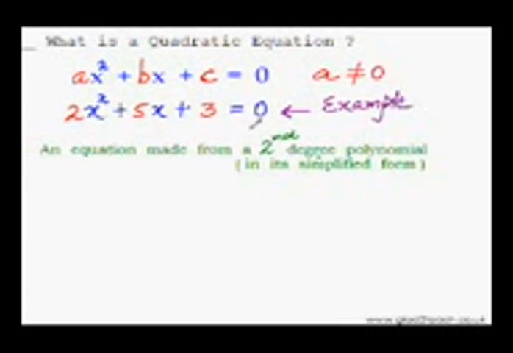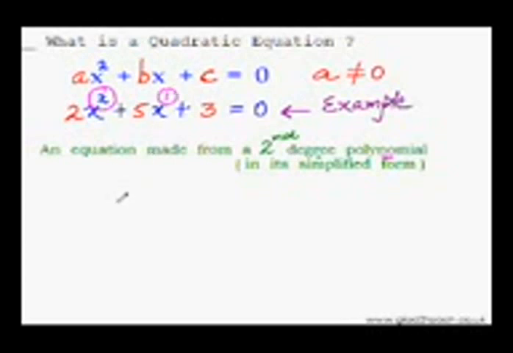That is, for any equation to be called a quadratic equation, it must fulfill two conditions. First, it should be of second degree, which means the highest power of x should be 2. And the second condition is that it must be a polynomial. Now, do you know what a polynomial is? A polynomial is any algebraic expression where the power of the variable x is a non-negative integer. Like 2, it is a non-negative integer. Similarly, the power of this variable x is 1, which is also a non-negative integer.